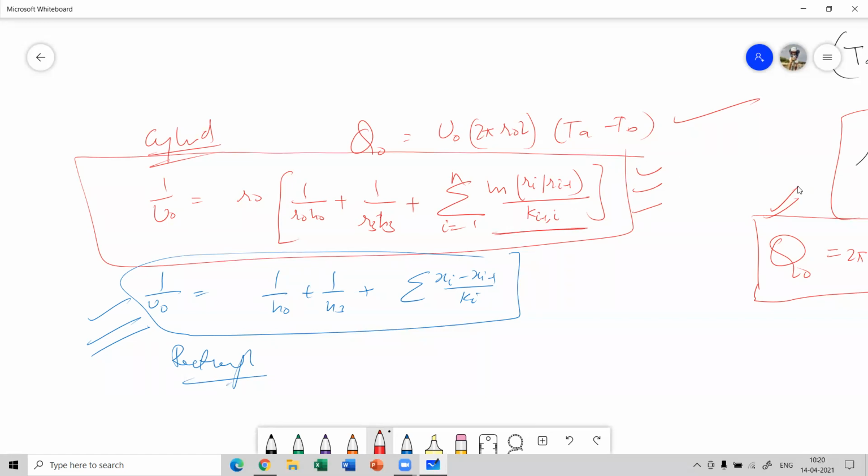Clear? So in the next lecture, we'll continue with heat conduction over different body systems. We'll take an example of a cooling fin, because we all know what cooling fins are used for. So in the next topic, we'll be studying heat conduction through cooling fins. If you have any query, you can ask.